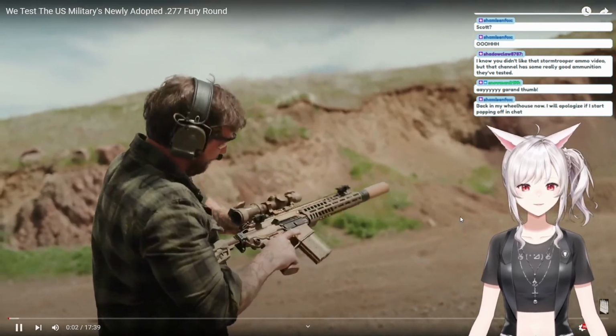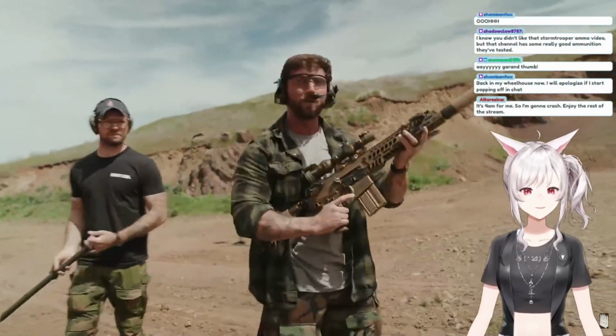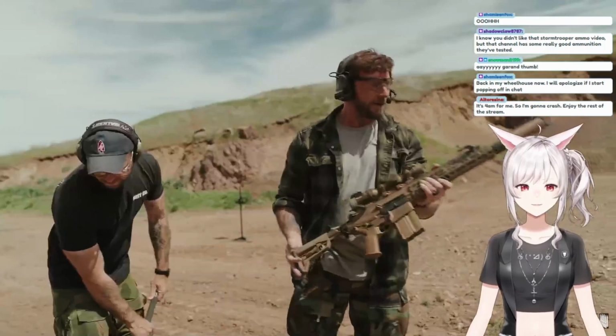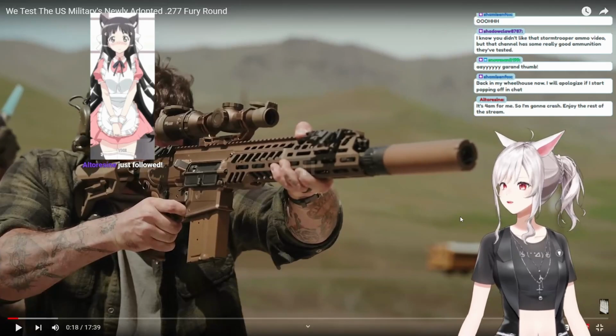Are you here to experience modern violence, the likes of which humans have never been able to conceive of? Well, you're in the right place. Today, we are taking a look at the Army's brand new rifle. This is the XM7, which is now the...